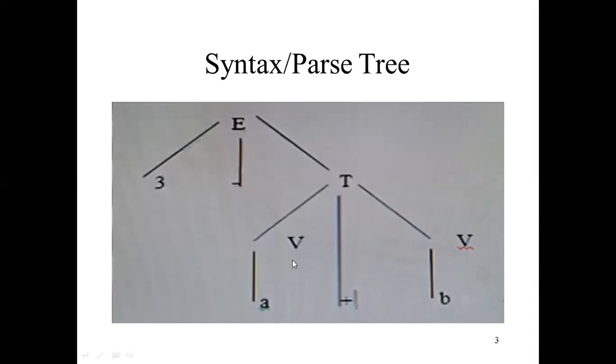And as per choice, either we can choose A or B. And this is the operator symbol in the center, and we will replace this V by B. So we will start to match from the input string, what is provided in the input string. Then we will start to scan from the given input string. So ultimately we will draw the syntax tree or parse tree for the given input string. So this is the parse tree for the given input string.